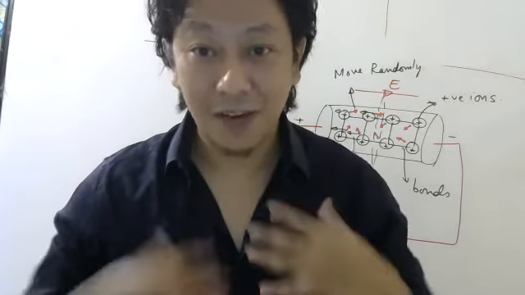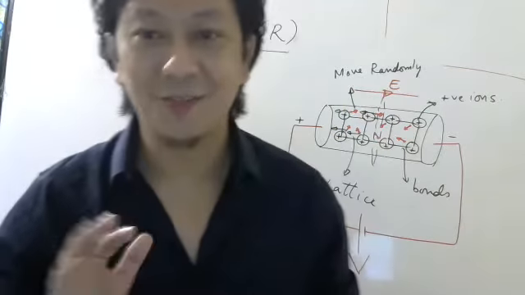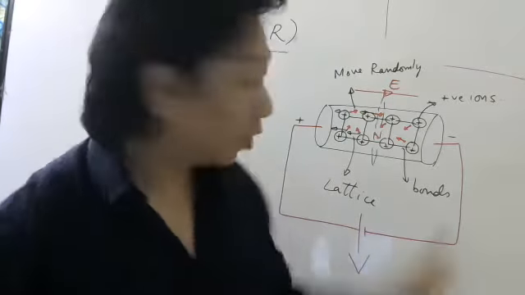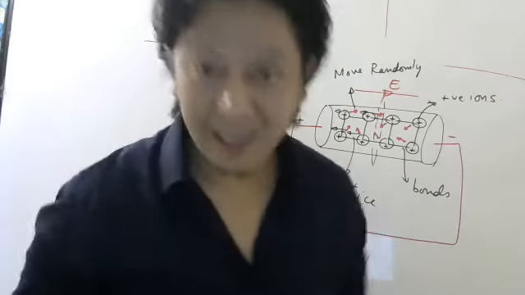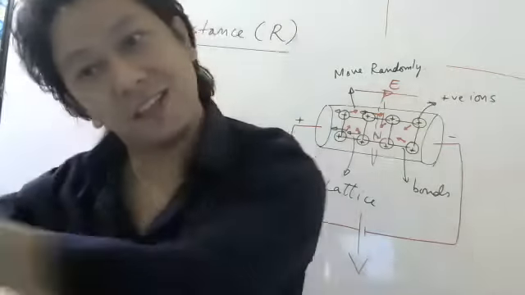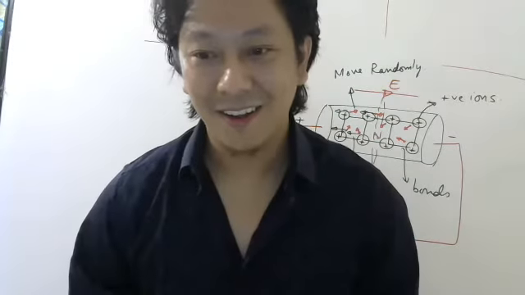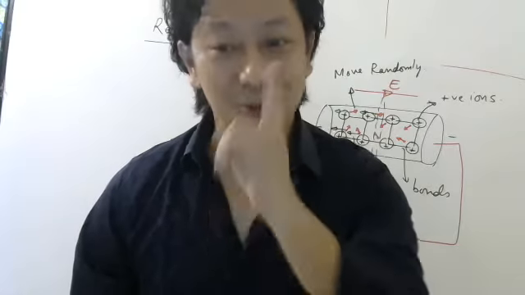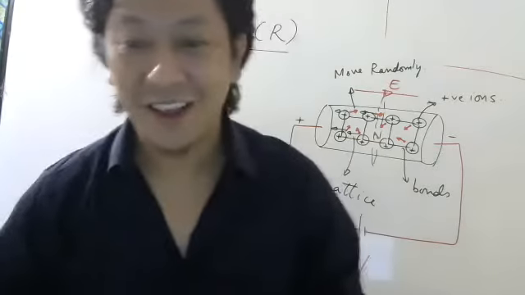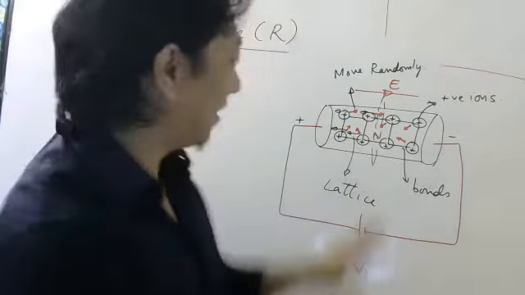Now my question. What I used to think when I was studying in school is, the moment you connect a battery, all these electrons will run this side, like that. Is it like that? Will all of them go straight like that? No, very good. So you people are smarter than I was. I used to think the moment you connect the battery, all the electrons will go towards the positive terminal.